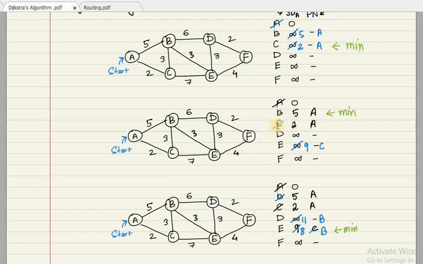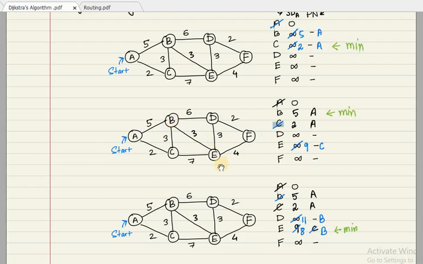If you go to C now, C is connected to A, B and E, right? They are the neighbors of C. However, A has already been visited, so we need not concentrate on A anymore. So now we are only left with B and E. Here you can see we are only going to concentrate on B and E, and not on A anymore. So the current node is C and the links are B and E.